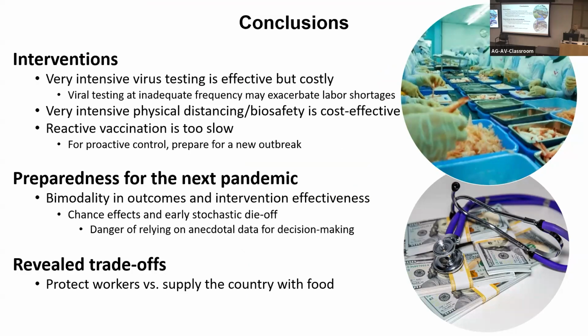We also, I think, are now better prepared for a similar pandemic in the future, including the bimodality in outcomes and the early stochastic die-off and how that can impact design of control strategies, or even policies that are based on anecdotal data. It would be better to have a model like this used to design control strategies than just rely on a sample size of 1